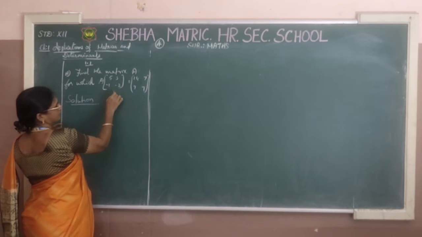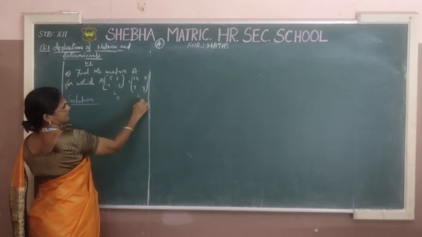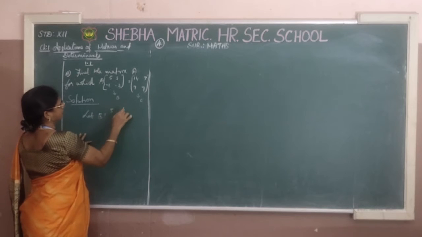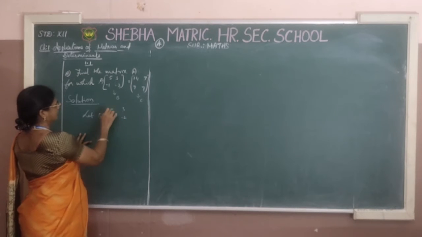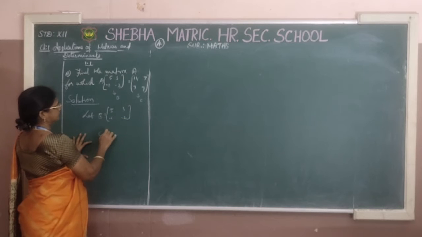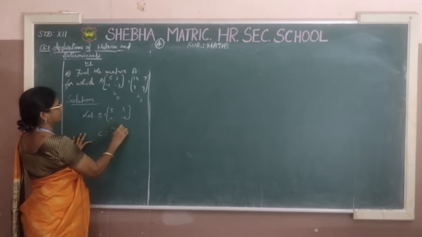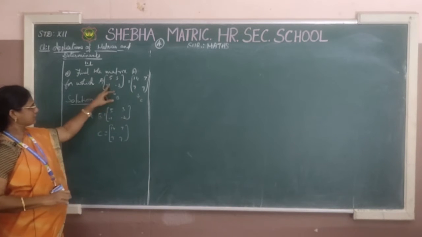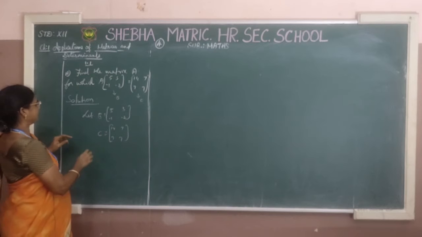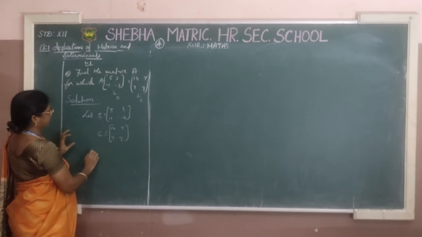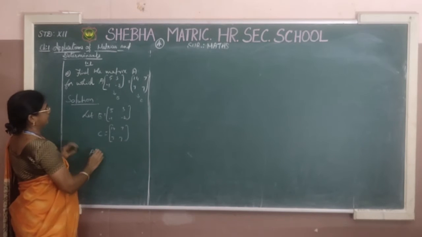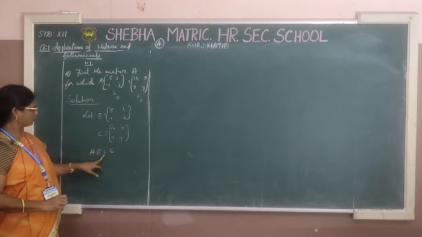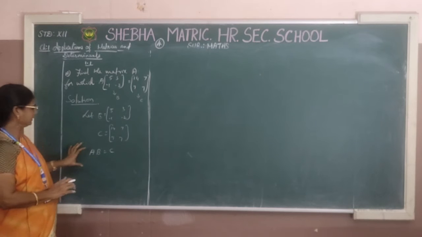First denote this matrix as B and this matrix as C. Now, let B equal to 5, 3, minus 1, minus 2, and C equal to 14, 7, 7, 7. So, we denote this as B and this as C, and then substitute this in the given statement. We get AB equal to C. From that we want to find A only.